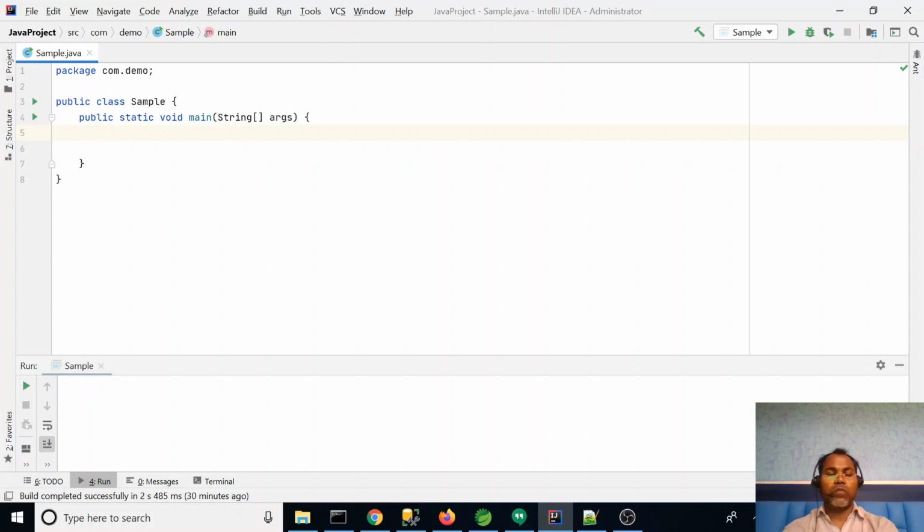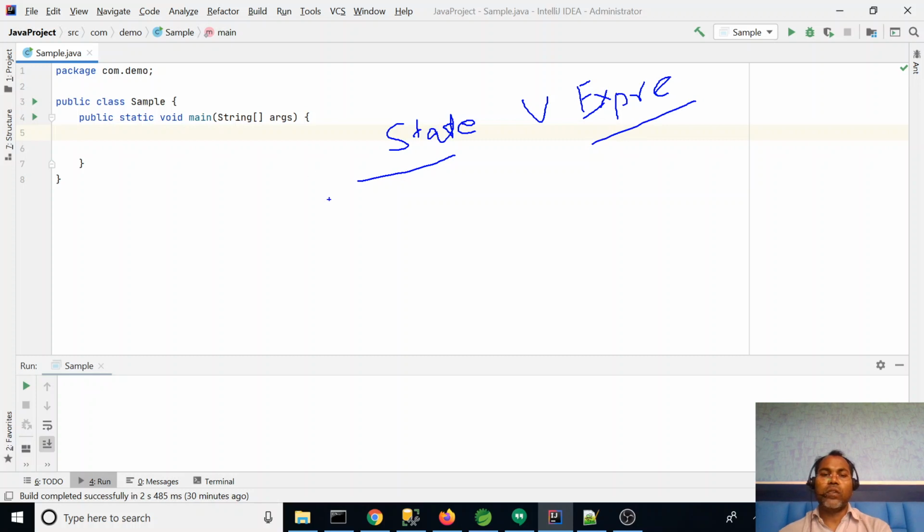First, what is a statement versus an expression? Why did Java change the statement to an expression in the case of switch? First thing, a statement does not return any value.